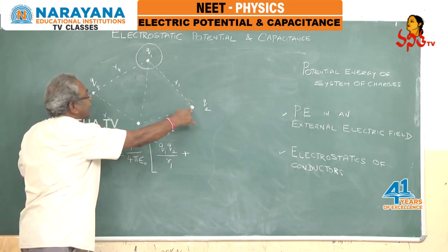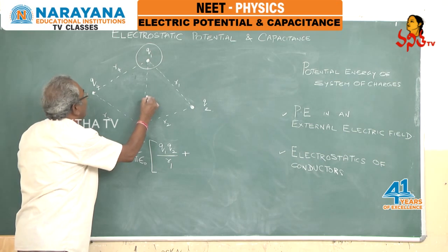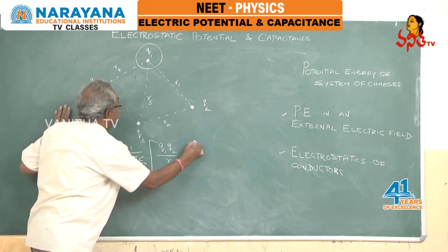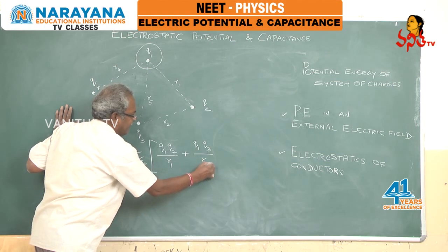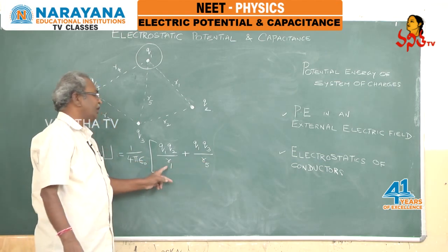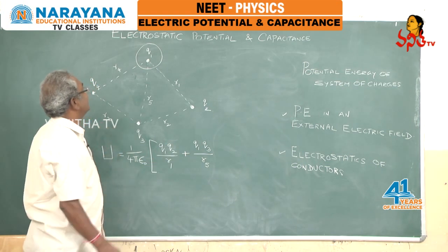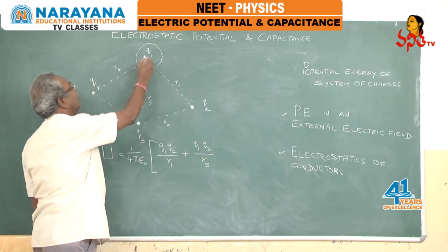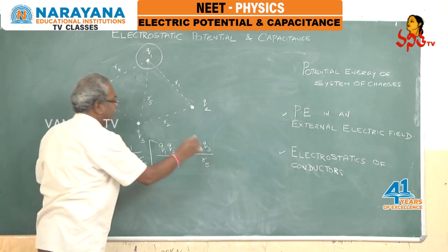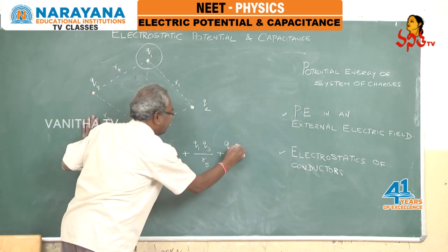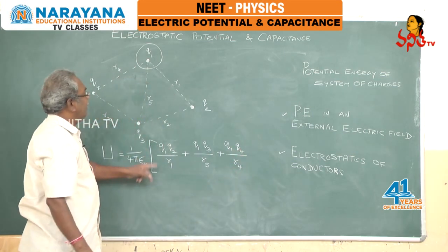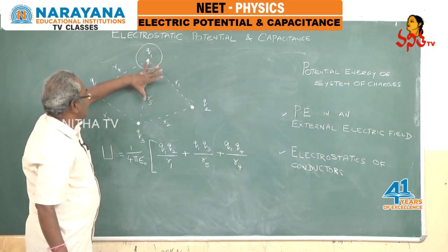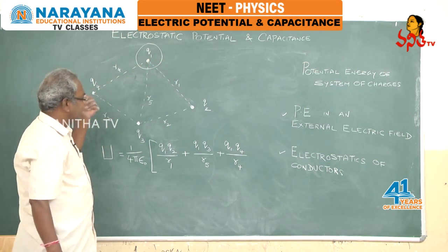This pairing is over, right? Next, this pairing, let us call it R5 distance. Therefore, the next potential energy is Q1 Q3 by R5. There is no importance of these numbers here, they only represent different distances. Next, one more pair, Q1 Q4 by R4. So, here we calculated the potential energy in this pair, this pair, and this pair,